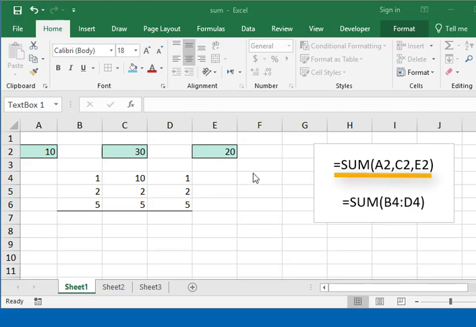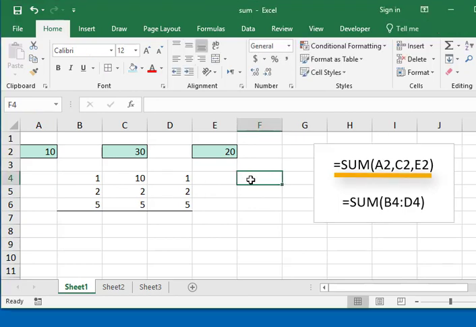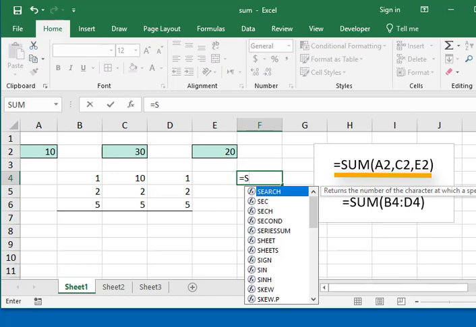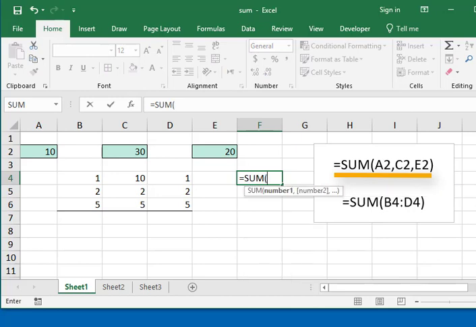So I'm going to just pick a spot. You have to pick an area where there's nothing else in it to start the formula. So I'll start it right there. Equals sum, opening parenthesis, and I'm just going to click on this. But if that doesn't work, you can always just manually type in the cell address and put a comma there. That's the first argument. Do the second argument